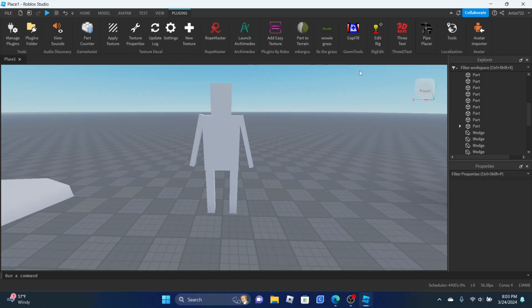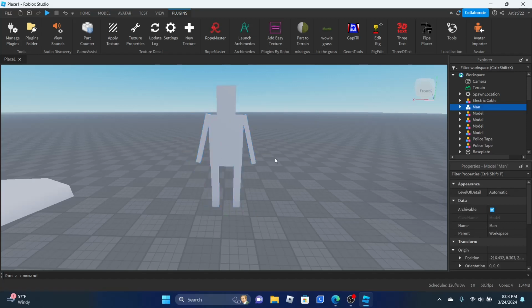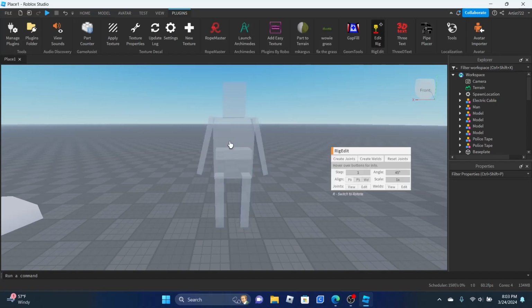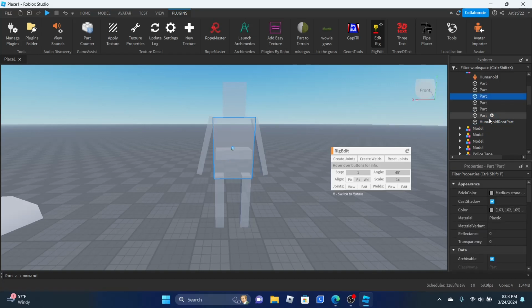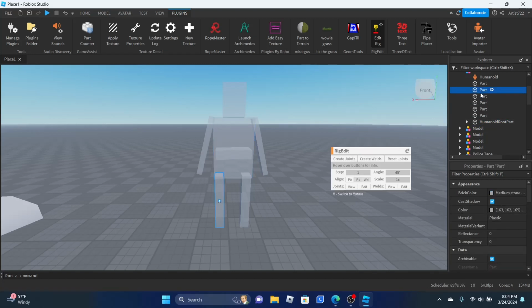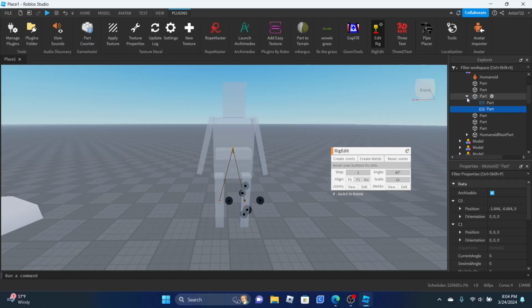I'm not the best at using this yet, but we have this little humanoid man, and I want to rig him. So I open Rig Lite, and then just like that, we can go into man, humanoid root part to the torso, create a joint. Then we go torso to leg, create a joint, torso to other leg, create a joint,